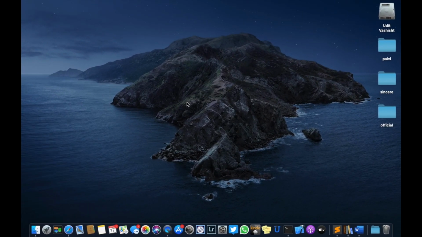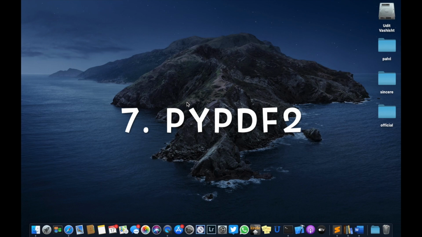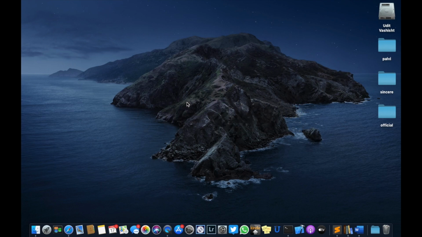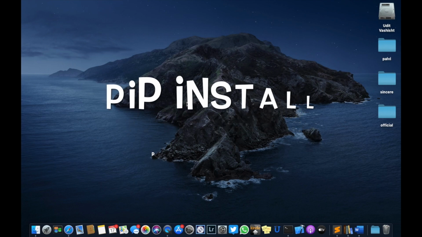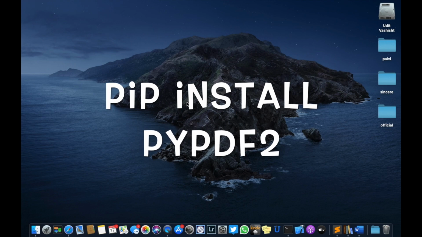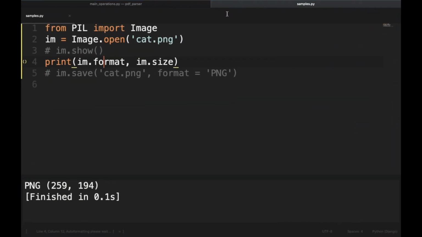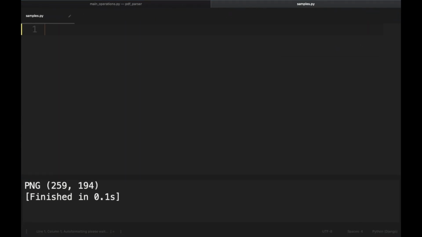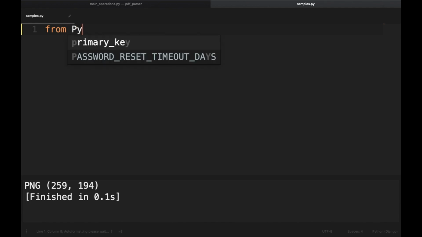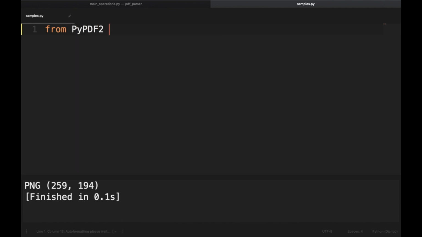Let's move to the seventh module. PDFs have become an essential part of our life, and the seventh module which I am going to introduce makes PDF parsing quite easy, and the name of the module is PyPDF2. You can install it using pip install PyPDF2. Then we will use it by going into our Sublime Text, and we will say from PyPDF2 import PdfFileReader,